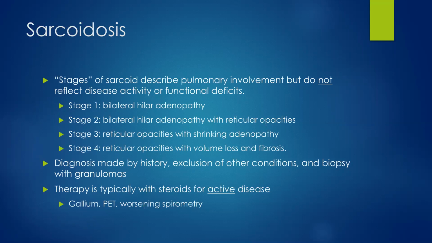The same person who comes in for workup of 6 months of worsening shortness of breath, who has bilateral hilar adenopathy, maybe some reticular changes on their imaging, who you biopsy and they have granulomas, that person you would treat with steroids. And steroids are like a magic drug for sarcoid. If it's really sarcoidosis that's making them short of breath, you put them on a mg per kg of steroids and they feel great. They get a lot better. If it doesn't get better with steroids, something's not right. Sarcoidosis always responds to steroids.